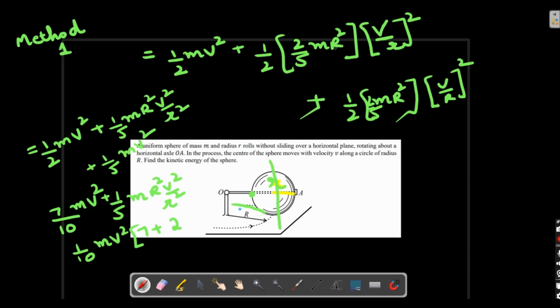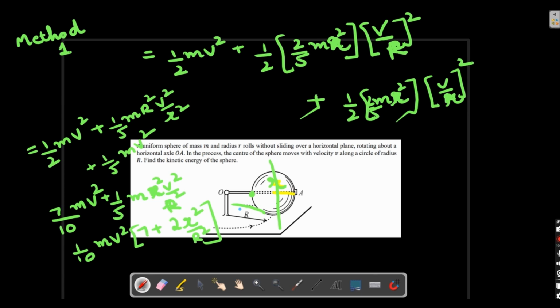sorry, this should be small r, this should be small r, this should not be capital R, right? Because 2 by 5 m r square, that radius is r, you should have told me, right? Here also this will be r and this will be r. So in the first case, it's 2 by 5 m r square and along with own axis, it will be v by r whole square. In the next case, that is 2 by 5 m r square and then here 180 degrees rotation, that is v by r whole square. We're going to have here r square, here r square. That is 2 times r square by r square. This is the final answer of this particular system.